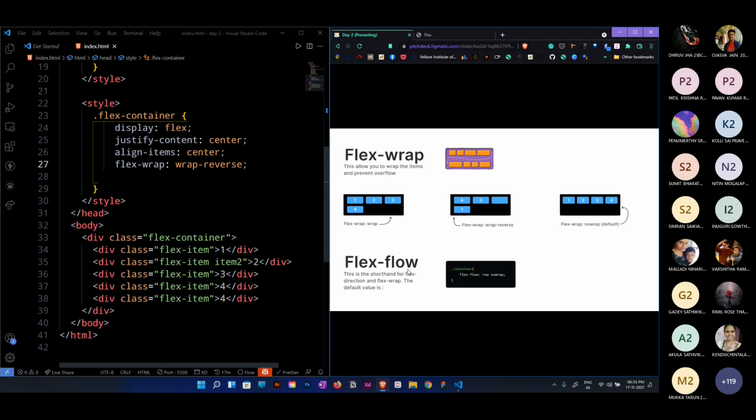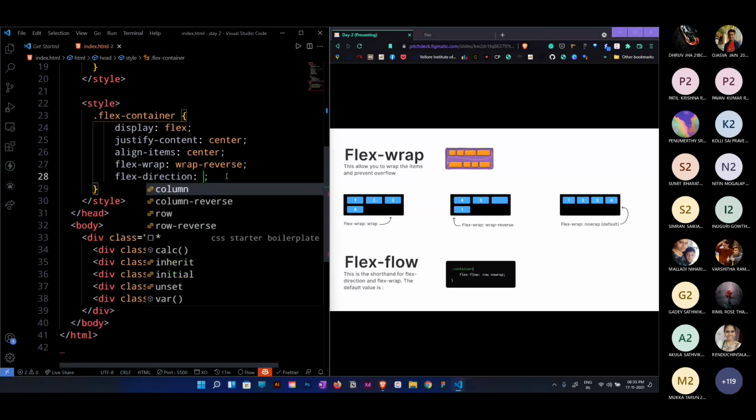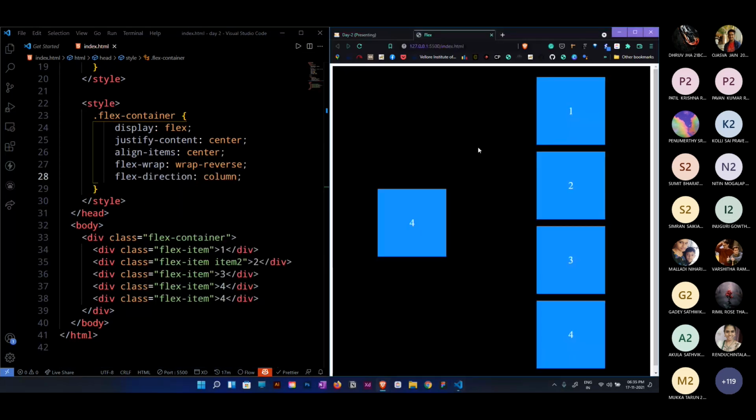If you can see at the bottom, there is one more property called flex flow, which is the combination of flex direction and flex wrap. Let's say I want to add flex direction as column. I don't want to add it in 2 lines. I just want it in 1 line, like wrap and column.